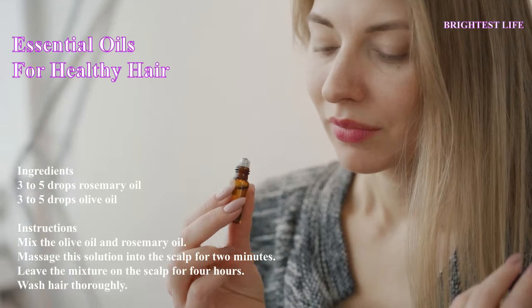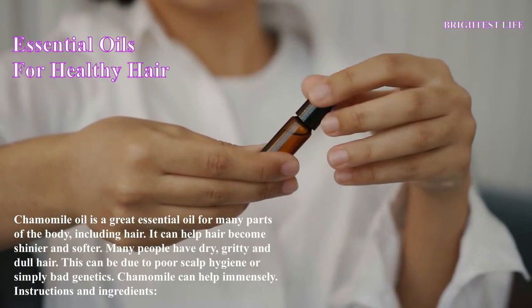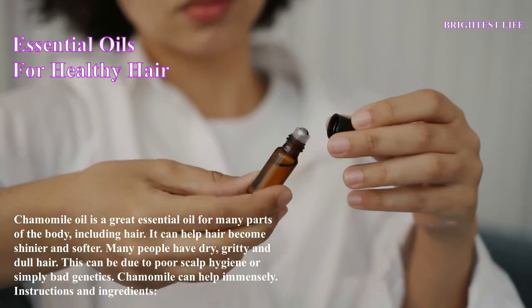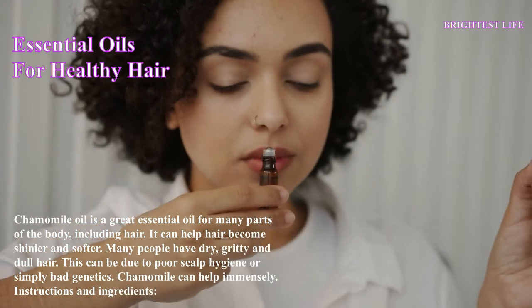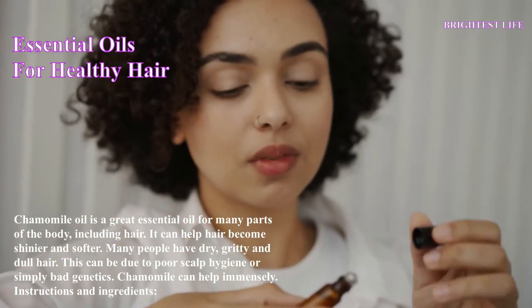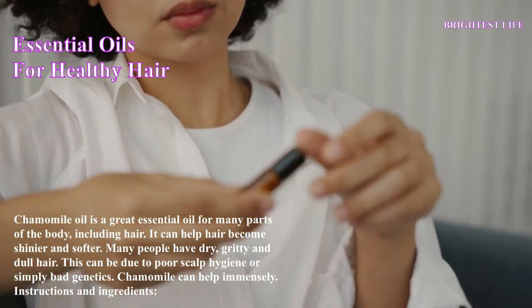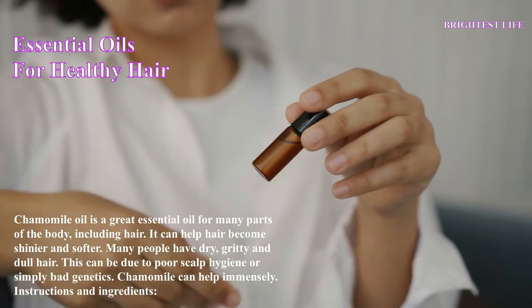Wash hair thoroughly. Chamomile oil is a great essential oil for many parts of the body, including hair. It can help hair become shinier and softer. Many people have dry, gritty, and dull hair. This can be due to poor scalp hygiene or simply bad genetics. Chamomile can help immensely. Instructions and ingredients: